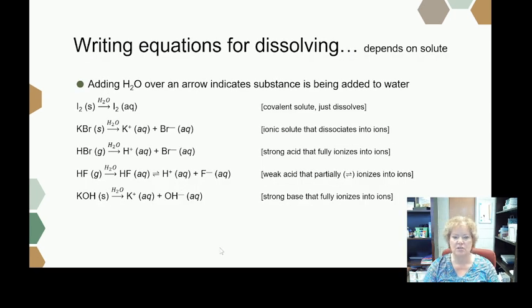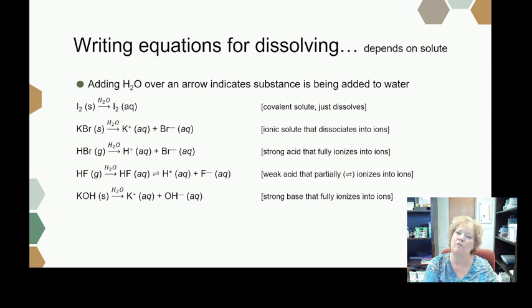All right, let's just talk about some of these equations. If I were talking about this equation of dissolving, and again, I'm not going to do this very often, but occasionally this shows up, and it does show up when we're doing net ionic equations. The way that I would write what happens when it dissolves is going to depend on the solute. So if I add water over an arrow, with a solute on the left side in its natural state, that's referring to dissolving it in water. It's not really reacting with the water, but it's kind of like a reaction because it's changing the format of the solute. So if it's a covalent